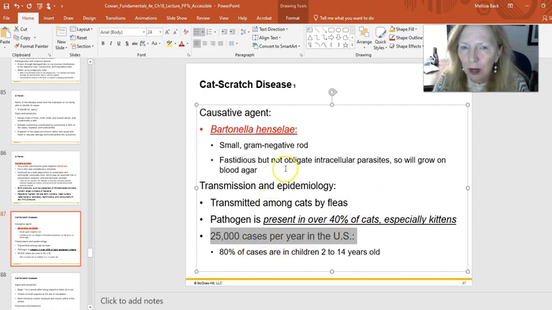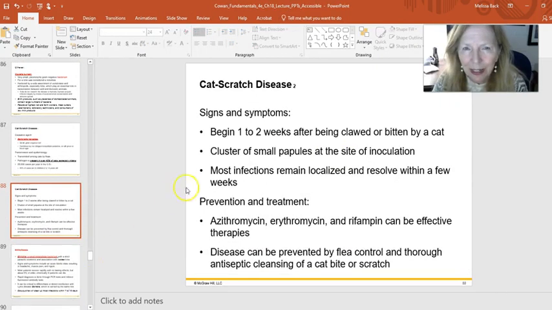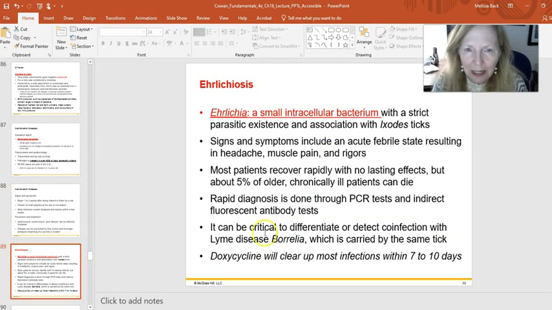And certainly if there are other symptoms as well, this can be identified as the causative agent and can be treated. So again, you can read through that, and it's not as uncommon as you would think.